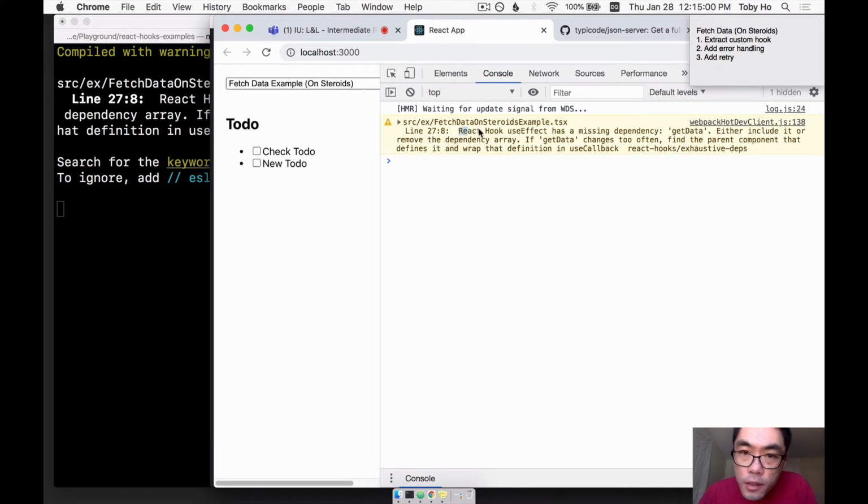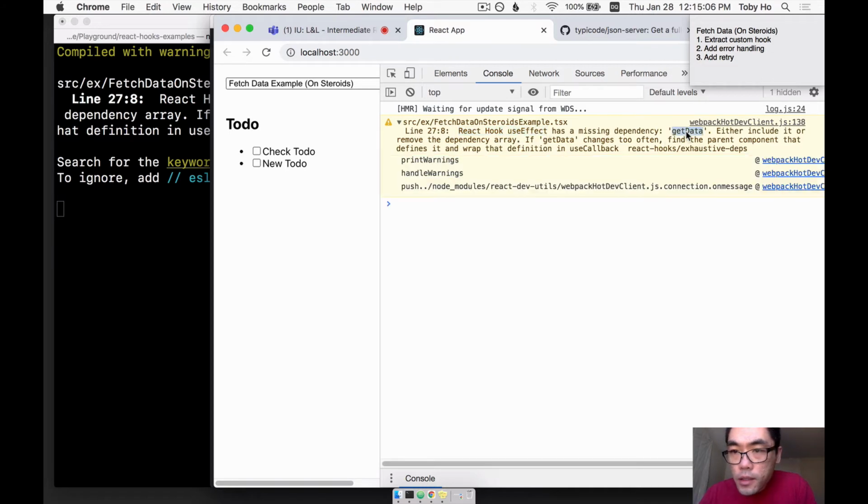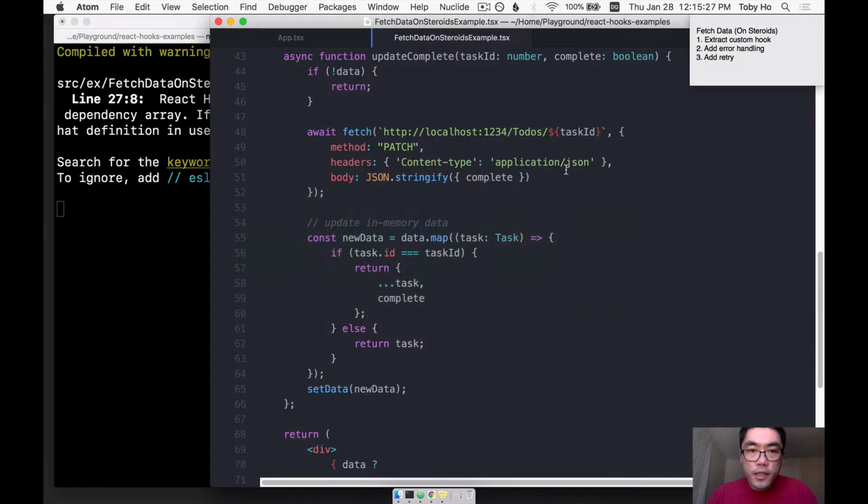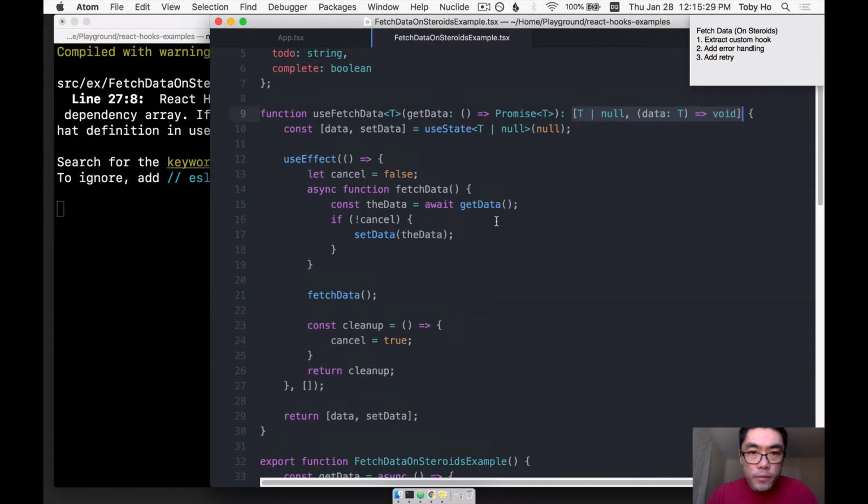It says, React Hook useEffect has a missing dependency: getData. Either include it or remove the dependency array. If getData changes too often, find the parent component that defines it and wrap that definition in useCallback, which is another built-in hook. So what is going on? What is it saying to us here? It's basically saying